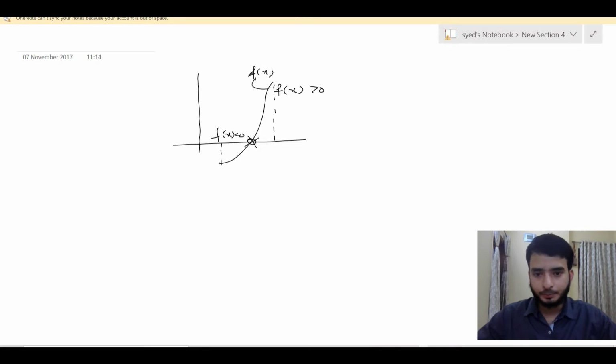So we take this as the lower limit, xl, and this as xu.